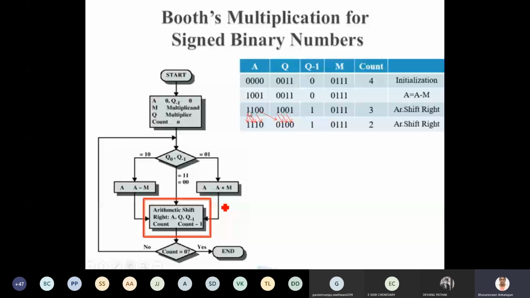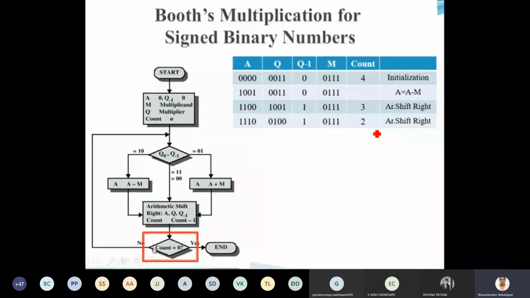Okay, so I'm refreshing the table. I'm going to restore this one here as it is, and I'm doing the right shift by one bit. Then this one is coming over here, and this particular bit will be discarded. Next, I'm going to decrement the value of count by 1. So 3 minus 1 is equal to 2. Again I am checking whether count is equal to 0. No, the condition is false because count is 2.